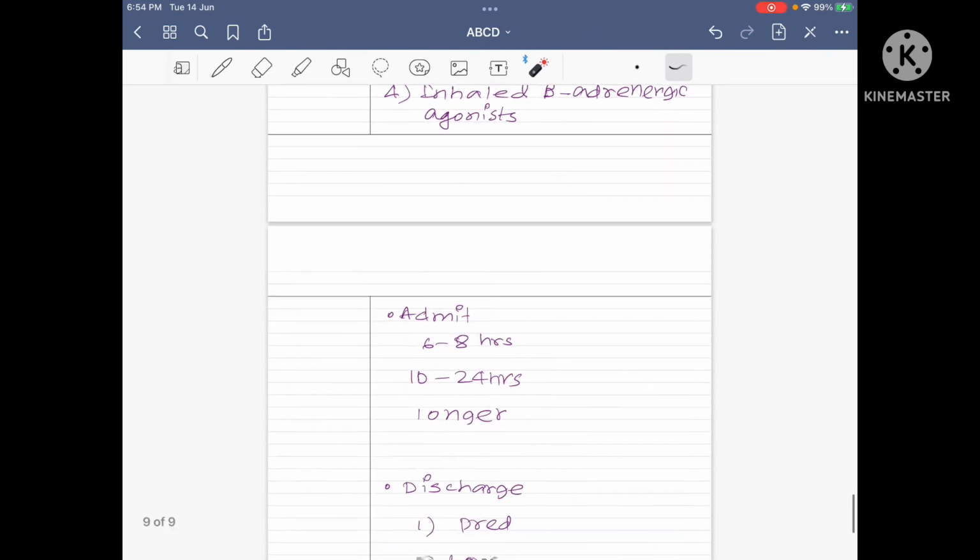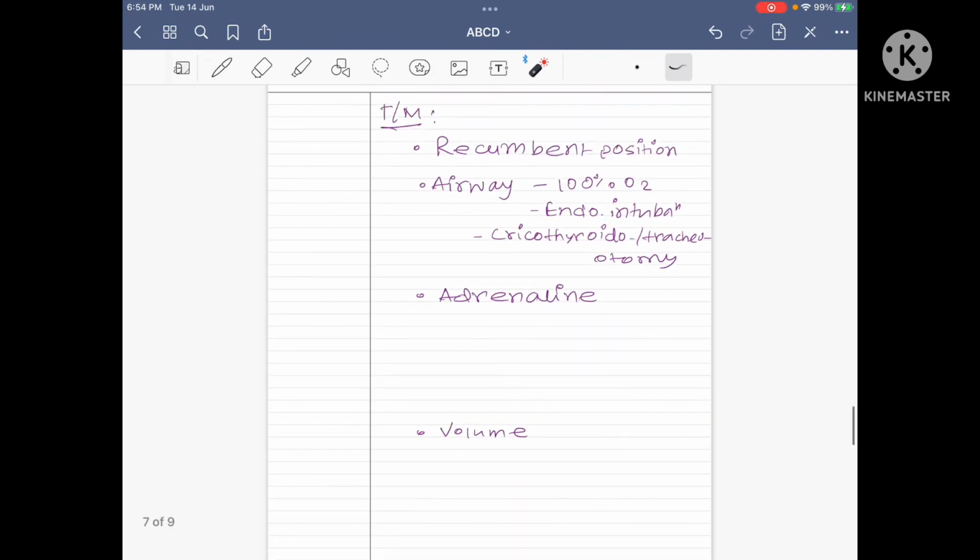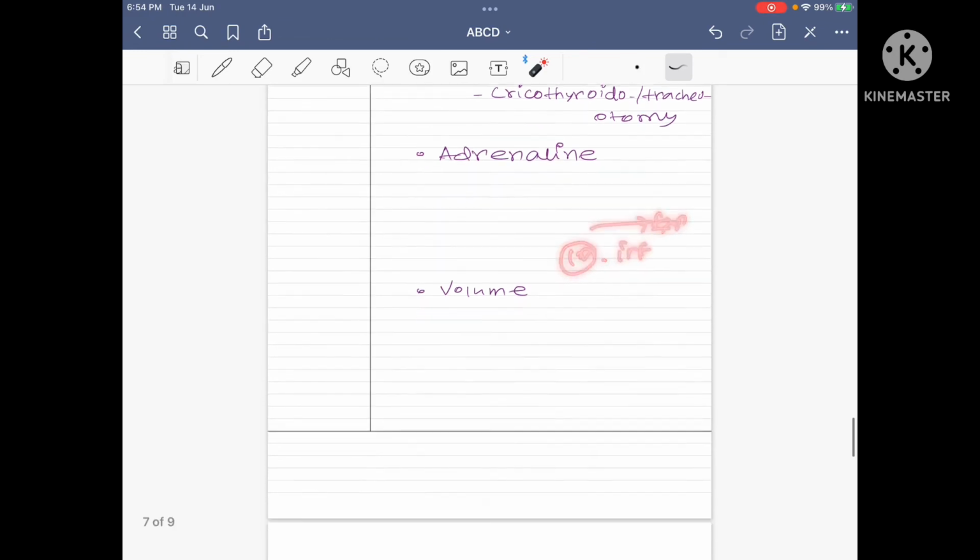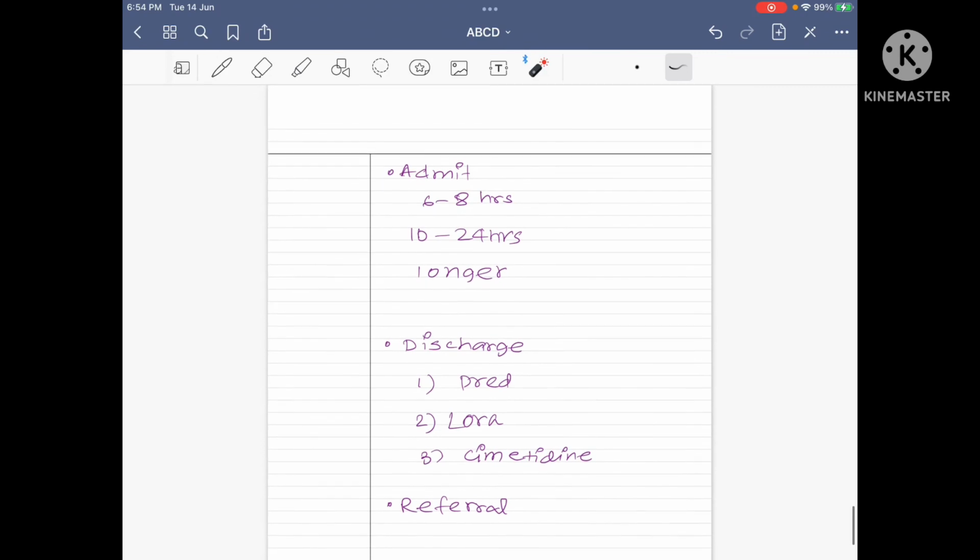And it is said that in 70% of cases, the patient may need a second dose of adrenaline after 10 to 15 minutes, same dose. Even if after the second dose the patient does not improve, always seek expert opinion for IV dose, IV infusion. That's it. Admission I have discussed,